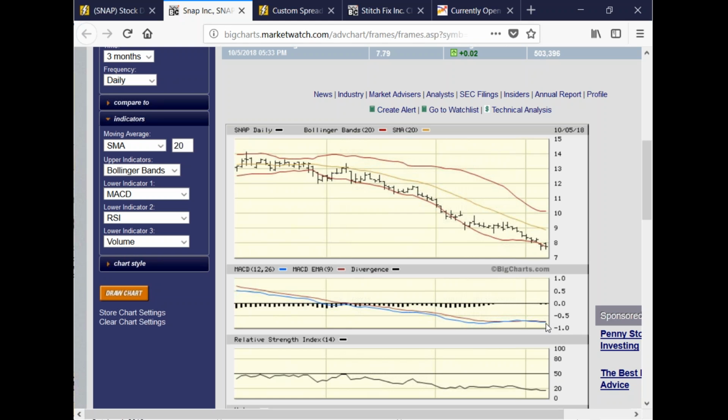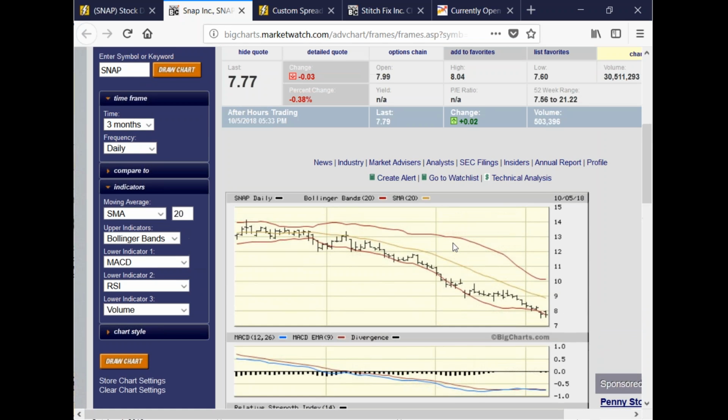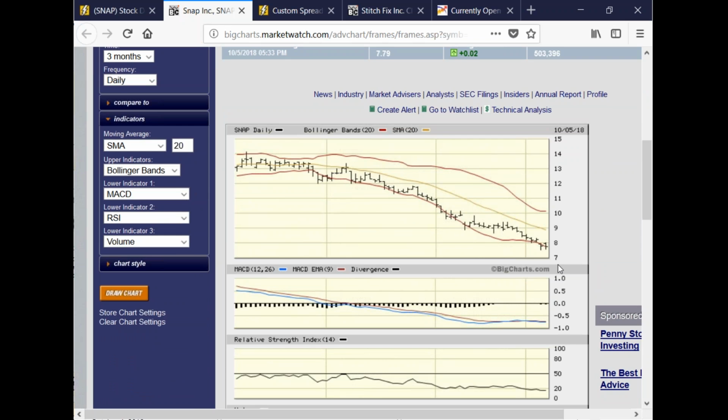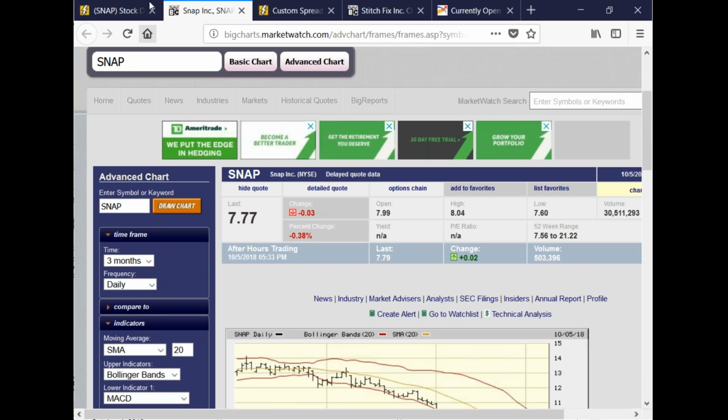I doubt I'd open it as an iron condor because I don't think there'd be enough premium there. I know it's volatile, but I don't think there's enough premium to give me the safety I want. I'd want to go to the 4 and the 2 and maybe the 12 and the 14 for a 4-legged spread. I just don't think the premiums are there to make that worthwhile. That's the only safety I'd consider with something that's down 48.3% in the last 30 days or so, from 11 to 850 or 750, 777 there.